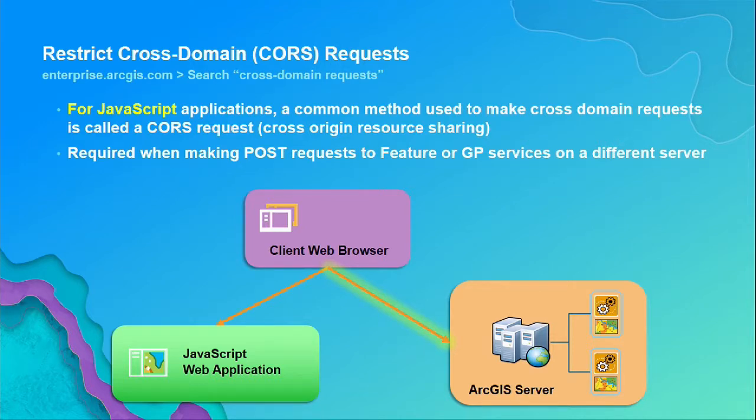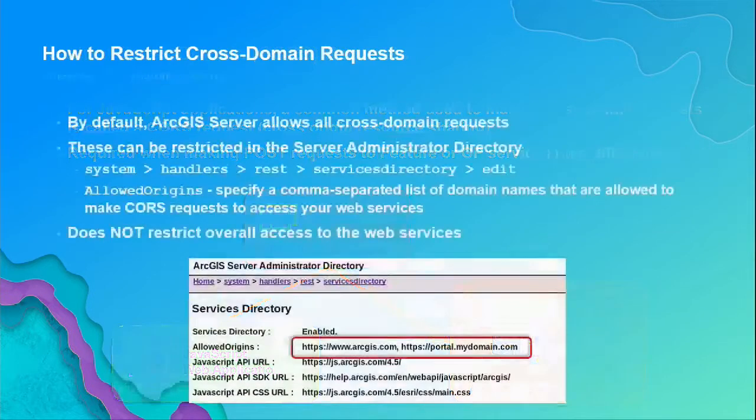So, within the ArcGIS Server Administrator directory, we can restrict which origins or which web applications are allowed to make these types of CORS requests. By default, when you install ArcGIS Server, it's open to everything. There's a little asterisk, so the allowed origins are available for everyone. You can restrict it if you know the specific applications that are going to be accessing your services. You can put the allowed origins parameter in there, and you can restrict which applications can make these